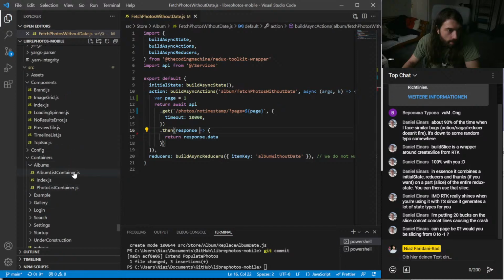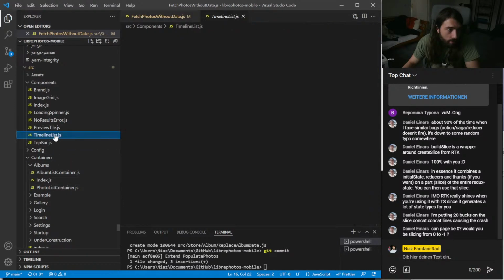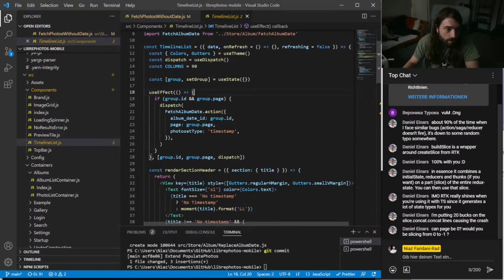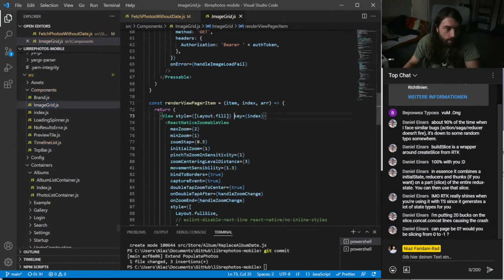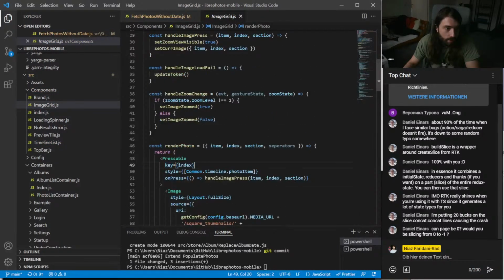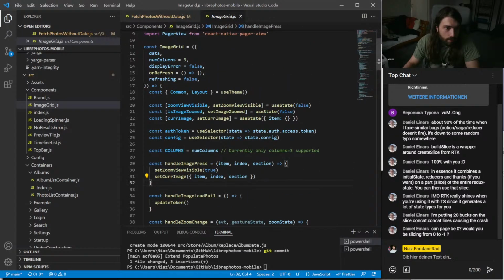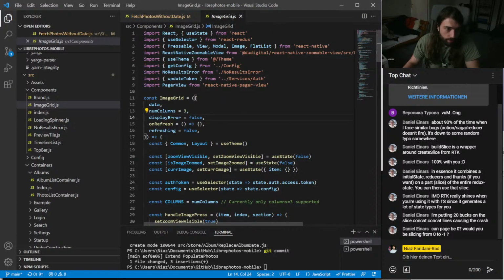Let's see. So we had the timeline list, right? This is one of these things, but we also should have an image grid. Right, here we go. So, page viewer.